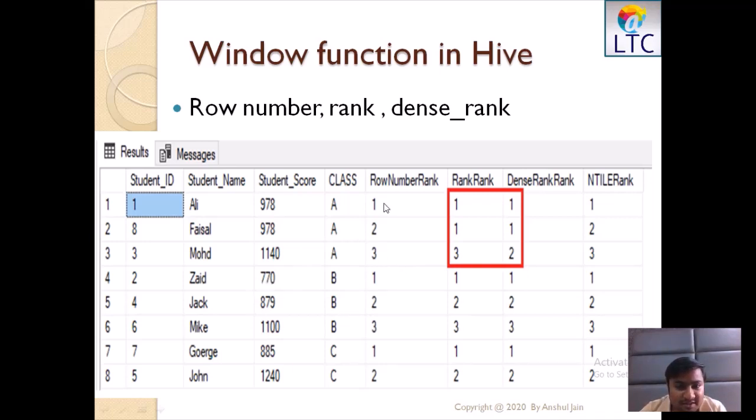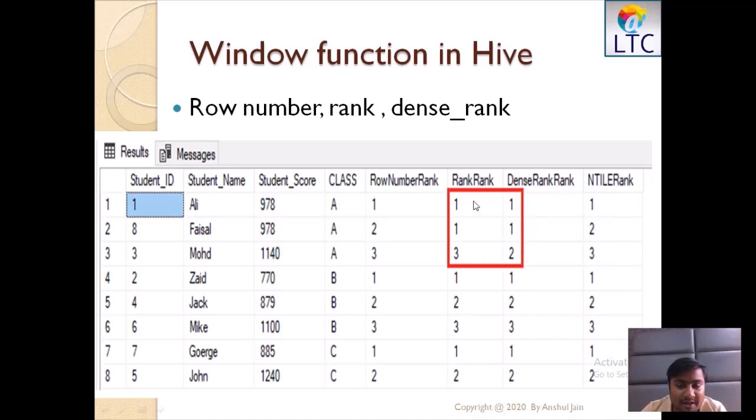Now if you see here, even if these both values were the same, the row number is different. But if you see, rank is not changed, neither in the case of dense rank. But when the next new value came, for student score and class A, the rank is showing 3 and dense rank is 2.